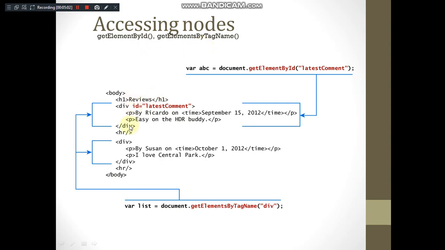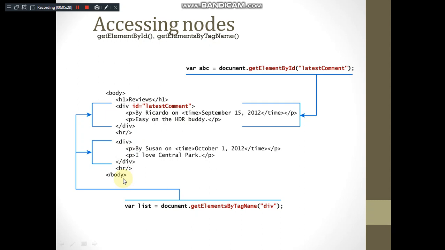So this is the body part of the HTML document, where we have a heading level tag, and we have a division for which we have mentioned the ID value as latest comment. Okay, and there are 2 paragraphs here. You have a horizontal rule drawn by the HR tag, you have another division with 2 paragraphs and 2 time tags within one particular paragraph, close, and you have another HR and close the body tag.